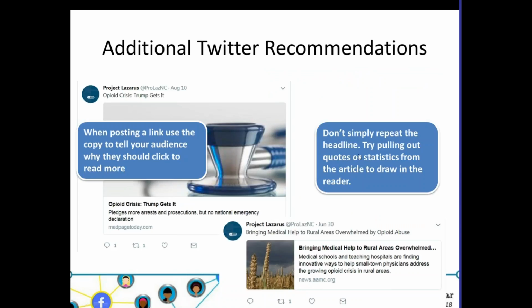All right, some additional recommendations. This is just one of my big pet peeves, and Jennifer's also, when you're posting links to different articles, make sure you're telling people why they should click to read more. Don't simply repeat the headline. So this is an example that we used with Project Lazarus, which shows them just repeating the headline. This is what it looks like when it pops up, and